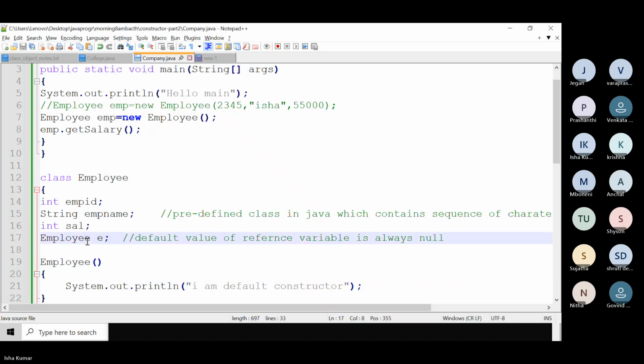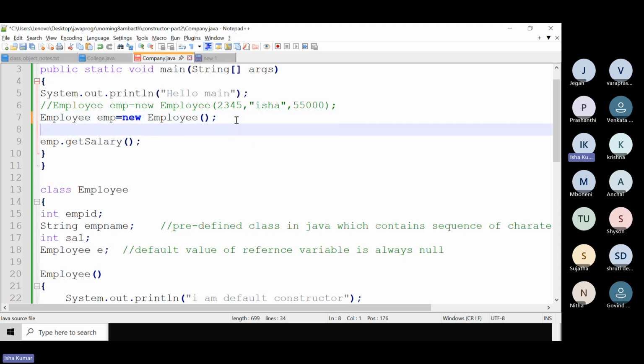Now, what will happen when you have a default constructor and a parameterized constructor both in the program? So the next scenario is